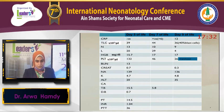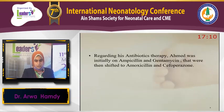CRP started to be positive. Total leukocytic count was around 30 to 40 with blasts appearing in the peripheral blood. His hemoglobin was around 15 to 17. Platelets were dropping and he needed transfusion on day 9 of life. His INR was 1 and his PTT was 36. Regarding his antibiotic therapy, Ahmed was initially on ampicillin and gentamicin that were then shifted to amoxicillin and cefoperazone on